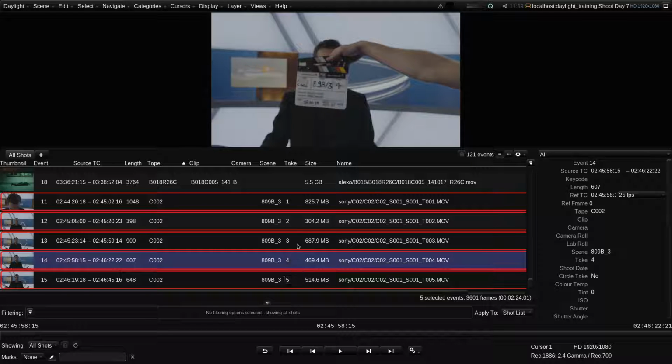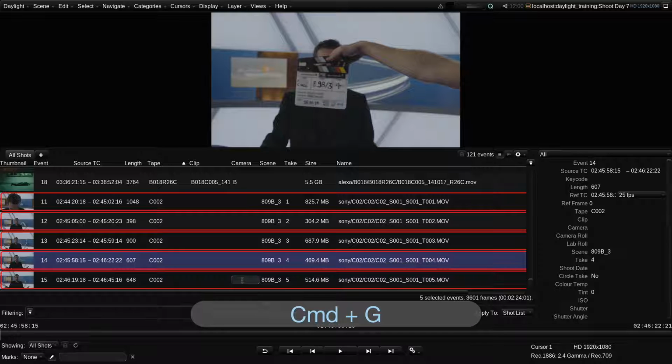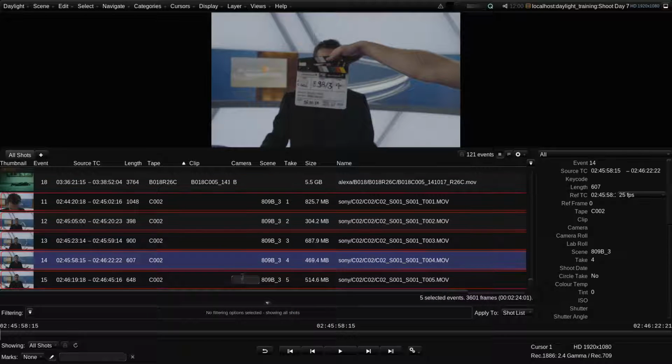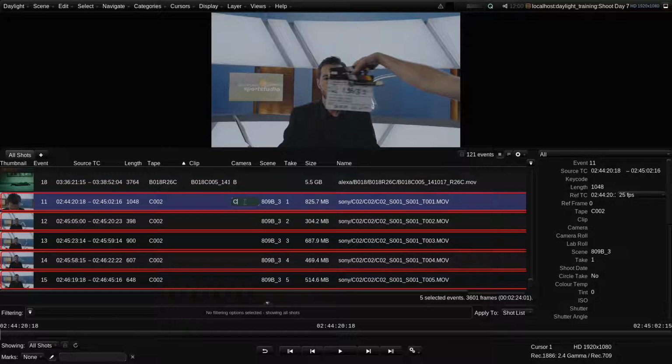Now while I still have these 5 shots selected as a group, I'll show you how you can apply the same setting to multiple shots. These 5 shots all came from camera C, so I want to set that metadata for all of them. First, I need to enable Group Modify mode by pressing Command G on the keyboard. Now the red outlines are flashing, indicating that any changes I make will be applied to all the shots in the group. Note that this also works for other operations, such as changing a grade, so it's also referred to as Grouped Grading mode. Okay, so all I need to do is to add camera C to one of the shots, and it will be applied to all of the shots in this group.